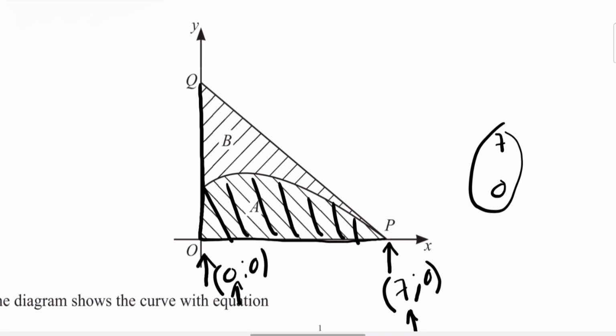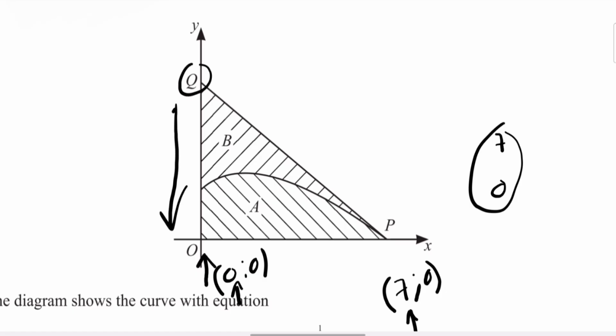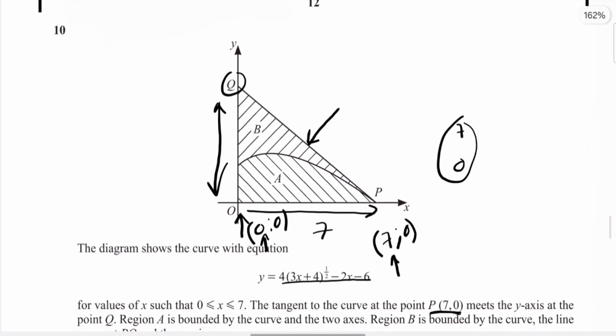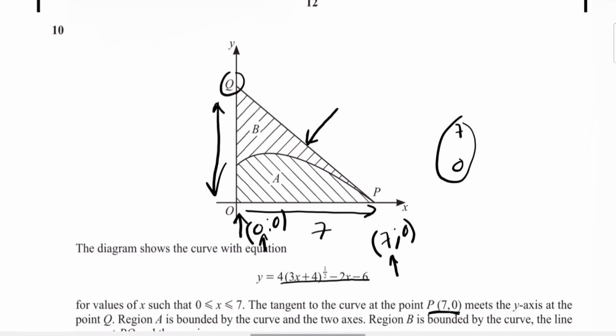But to get the area of that triangle, we need the coordinates of Q, so that we know the height, because the base we already have is 7 units. To get the height we need the equation of this line, and we're going to use the fact that it is a tangent to the curve at P. So we're going to differentiate this and get dy over dx,